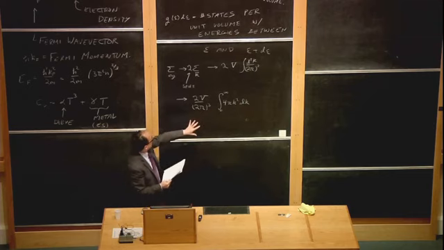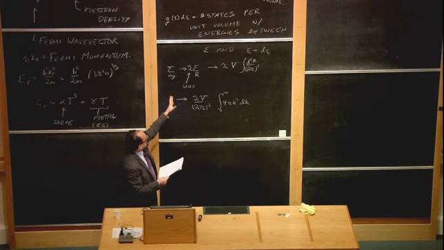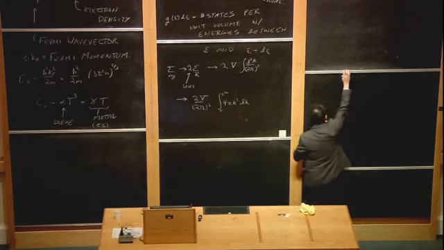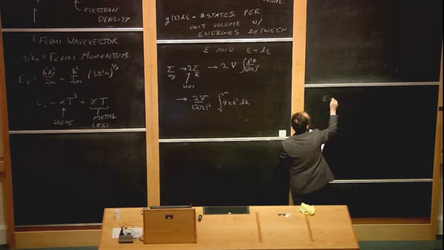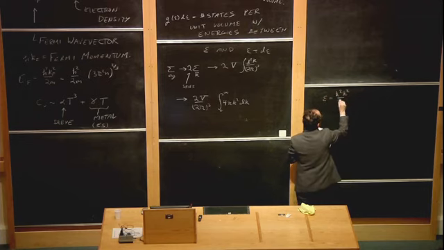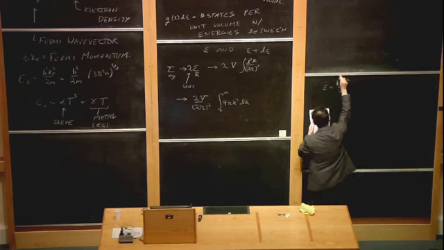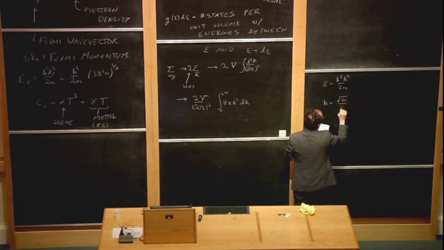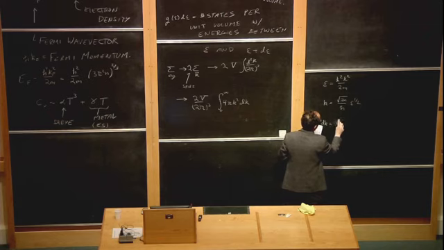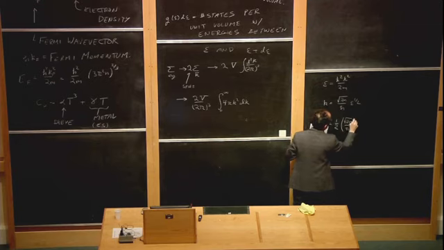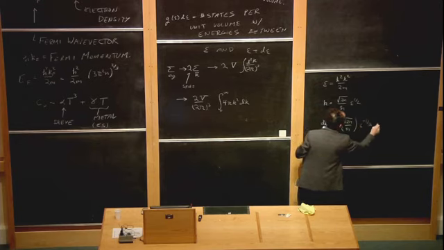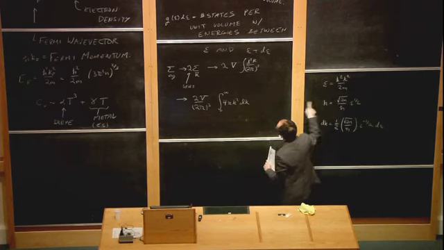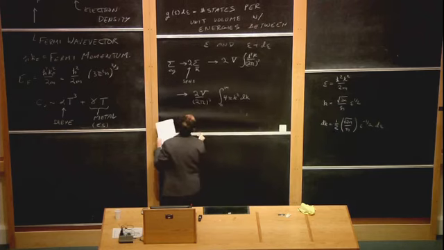And this is a pretty good result, but really we'd like to write this in terms of energies, not in terms of wave vectors. So we'll use epsilon is h bar squared k squared over 2m, or I guess we could write that as k is square root of 2m over h bar times epsilon to the 1/2. And in particular, that would give us dk is the same factor, well, it's a 1/2 times the same factor, square root of 2m over h bar times epsilon to the -1/2, d epsilon. Then if we plug these things into here, what we then get is,